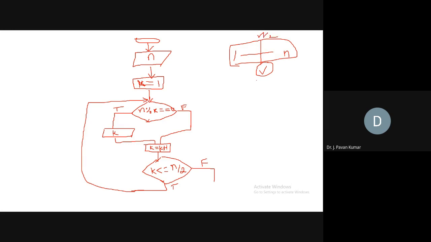If it is false, that means we have checked k value up to n by 2. Please complete it. Up to n by 2, whatever factors we have, we have displayed already. But after this, we have to end the process. K plus 1 we are doing here, right? After that, we are checking the bound. If it is not reached, we are going to check for the next number. We will display it if it is a factor, otherwise we will increment it directly. Again we will check. Like this the process will be repeated.